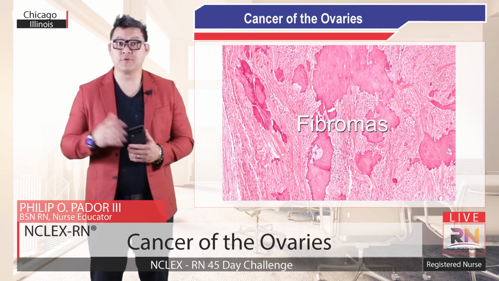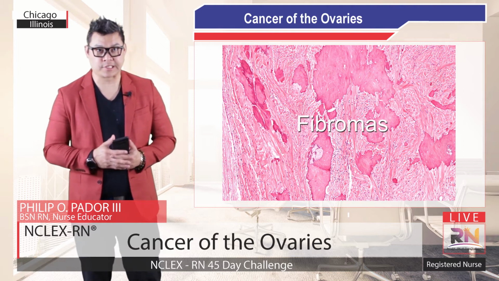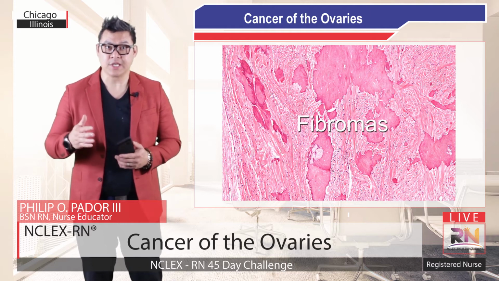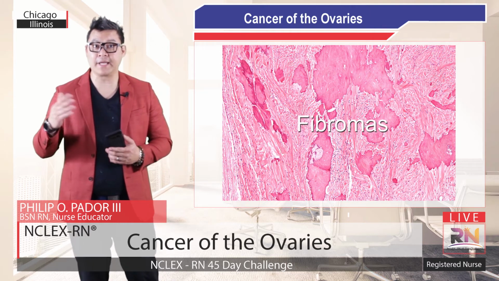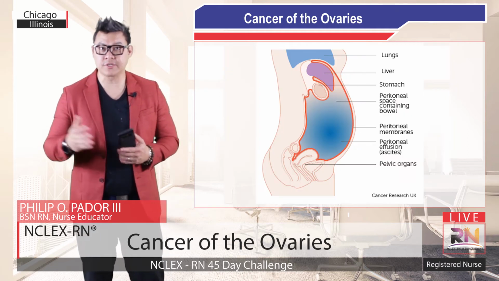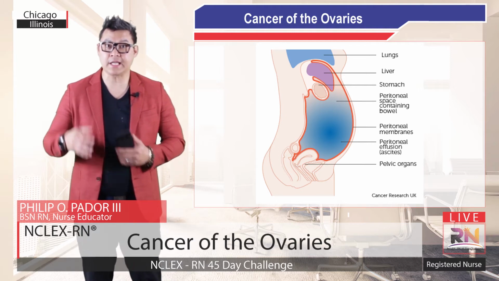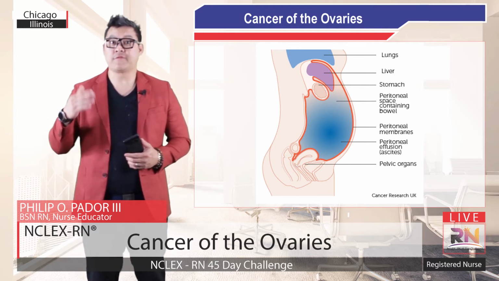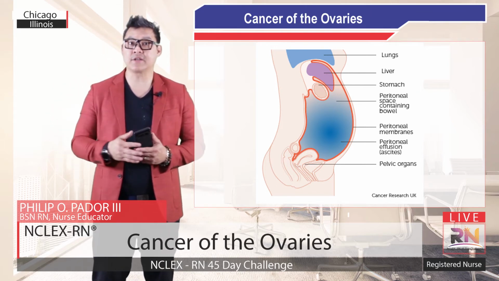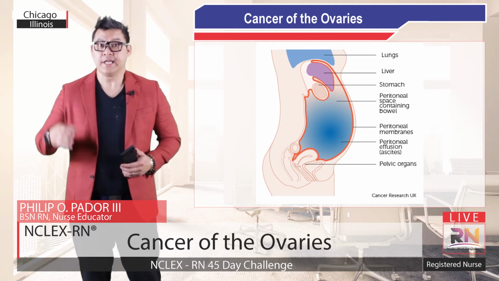The second type of tumor, fibromas, are made of fibroblasts and are benign tumors. Under the microscope, they look like thin needle-like strands with elongated nuclei that are bundled together. Benign fibromas are often seen in combination with ascites, a fluid buildup in the peritoneal cavity, as well as pleural effusions, a fluid buildup in the pleural cavity. In fact, the clinical triad of a benign ovarian tumor with ascites and a pleural effusion is better known as